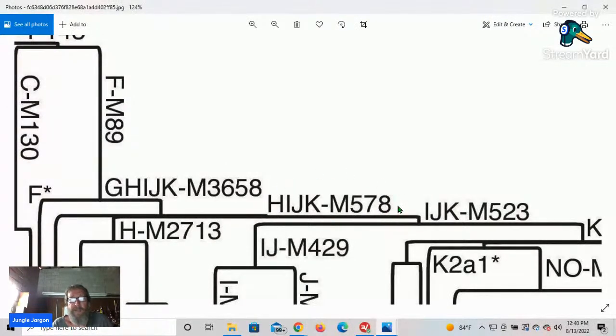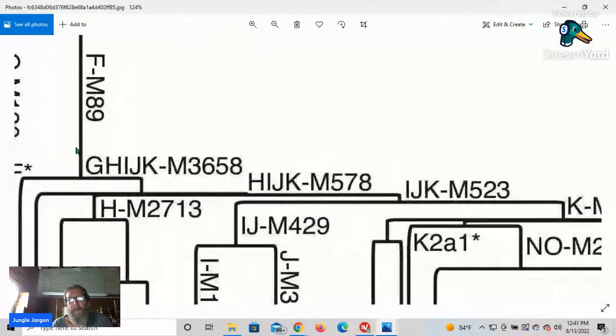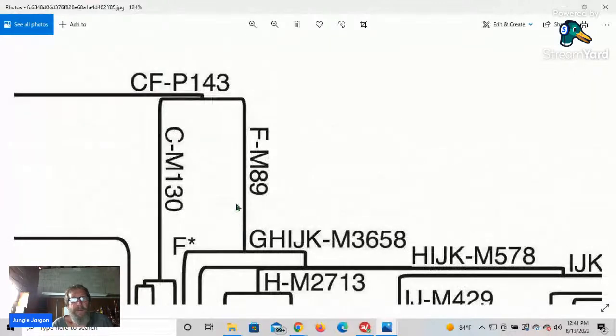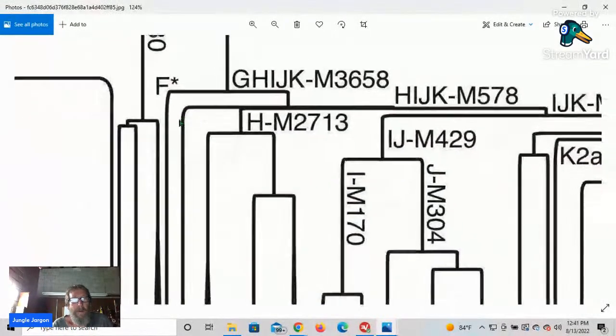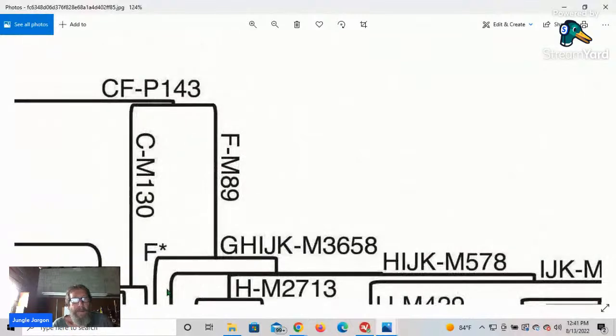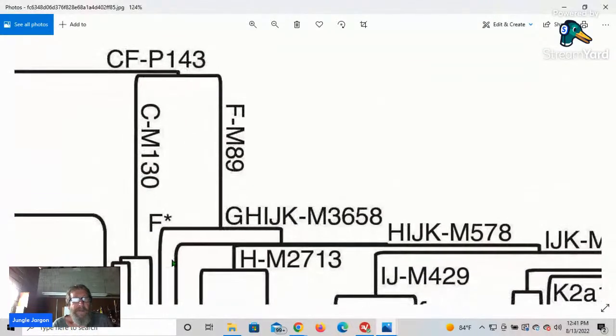Elam has this identifier, but it's lost to Assyria. And it's lost to... Since it's GHIJK, it's lost to F as well. I mean, there could be some tweaks here to be done still, but yeah, this is showing here that there's a separation between